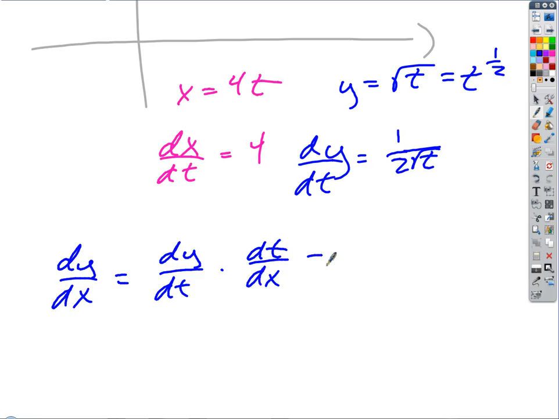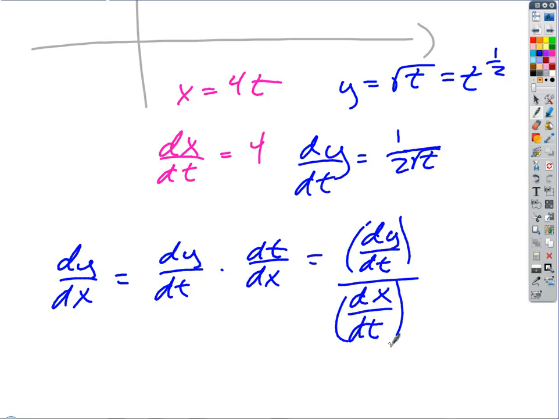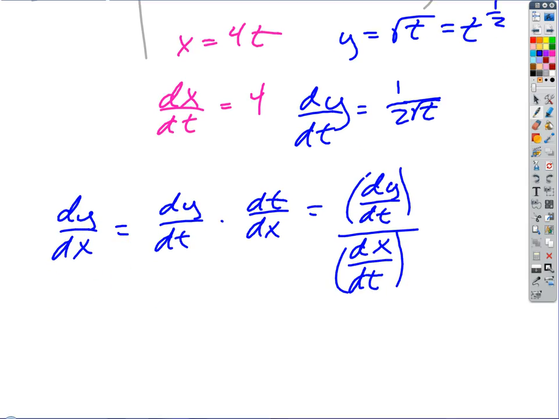Or, if I want to, I could write it as a quotient too. Instead of multiplying by dt/dx, I could conversely divide by what? dx/dt, right? Because isn't dividing by a fraction the same as multiplying by its reciprocal and vice versa? So I could write that as dy/dt divided by dx/dt. Either way I want to slice it, if I look at my derivative that way,